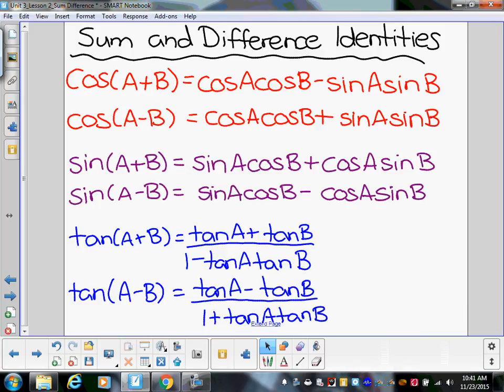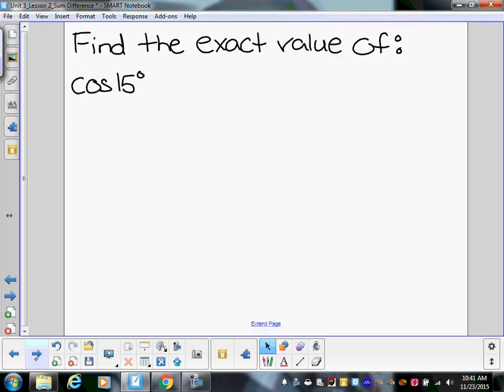All right, so these sum and difference identities are going to help us find exact values of angles that are not the special angles we use to get one, like 30, 45, 60. So, for example,